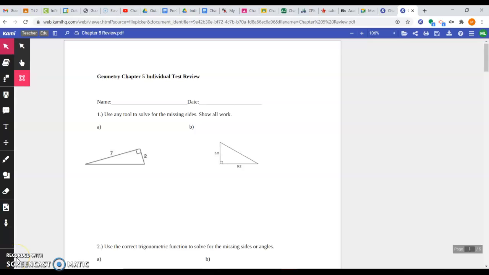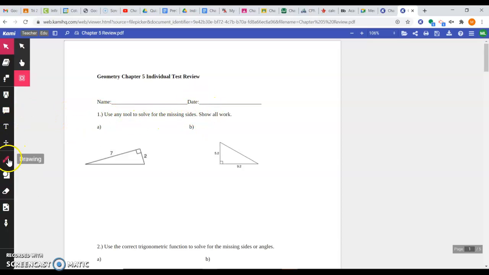Okay, here is my video guide for 5 of the problems, 1, 3, 4, 6, and 7 on our Chapter 5 individual test review. And we're going to start with taking a look at number 1. Alright, and so on number 1 it says use any tool to solve for the missing sides and show all